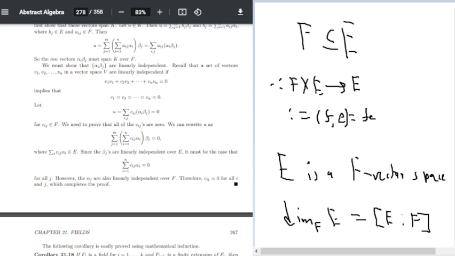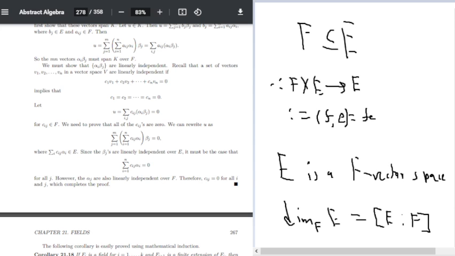We can rewrite u as the sum from j equals 1 to m of the sum from i equals 1 to n of c_ij a_i b_j, which is equal to 0, where the sum over i of c_ij a_i is in E. Since the b_j's are linearly independent over E, it must be the case that the sum from i equals 1 to n of c_ij a_i is equal to 0 for all j. However, since the a_i's are also linearly independent over F,